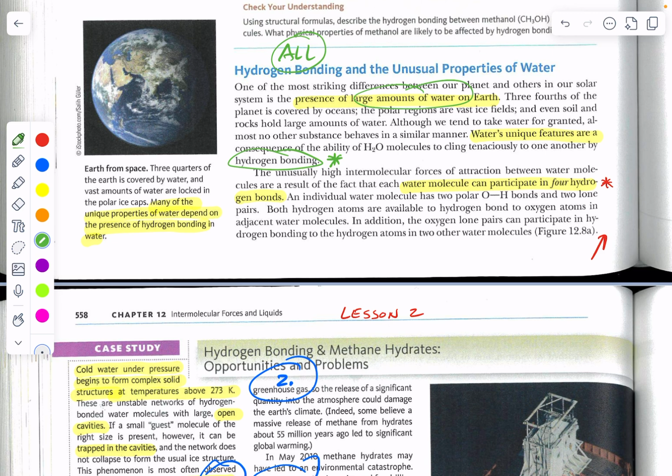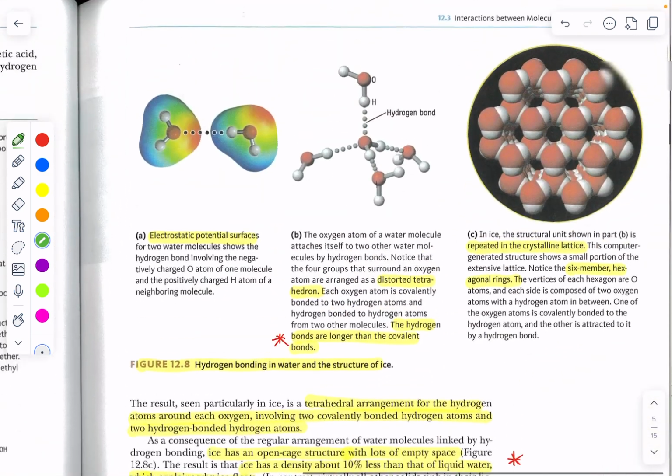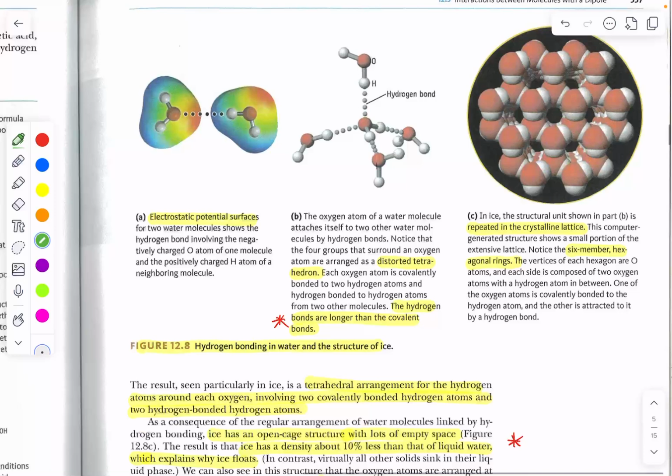Now, the water molecule can make 4 hydrogen bonds. We come up here, and you can see the 4 hydrogen bonds represented by the dots, there, and there. And those hydrogen bonds force the water molecules into a crystalline structure. That crystalline structure is kind of open, which is why ice expands as it forms, and therefore ice floats, which is wonderful because if ice were to freeze and sink, like all other solids do when they go from liquid to solid,